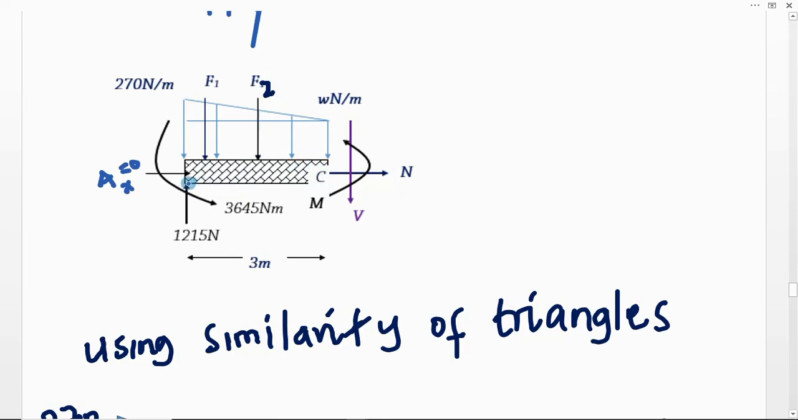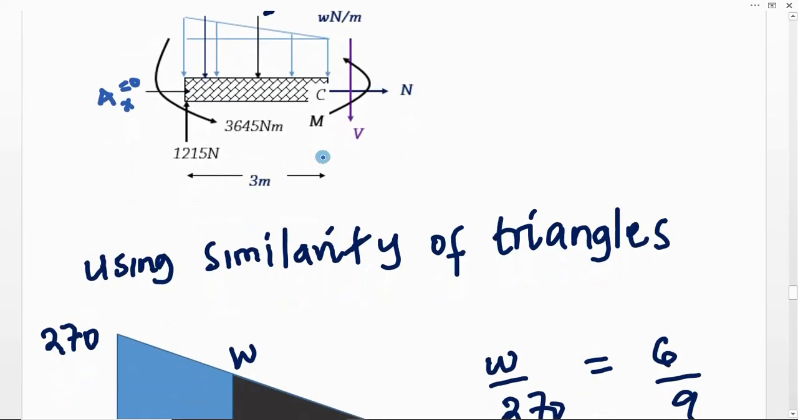So if it is from here to there, it will be 1 meter. Then F2 will also act at a distance which is halfway, because we will now have the uniformly distributed rod portion from this point to this point, then moving across. Now our task is to define W newtons per meter, which is the rod that is going to be at